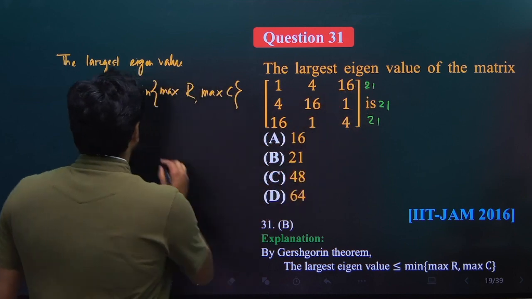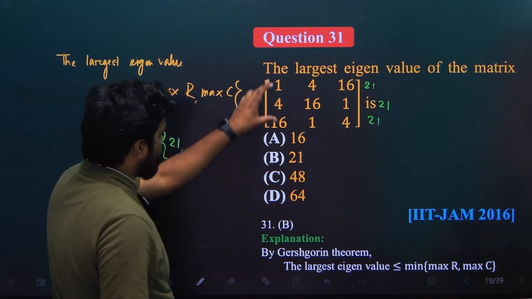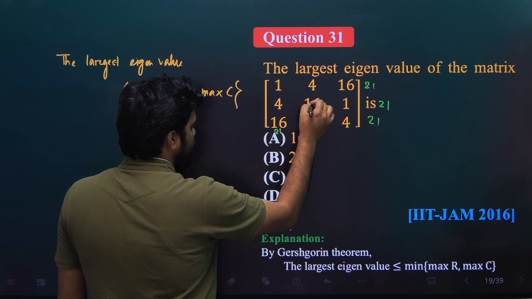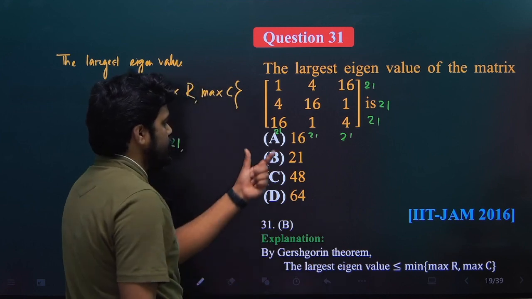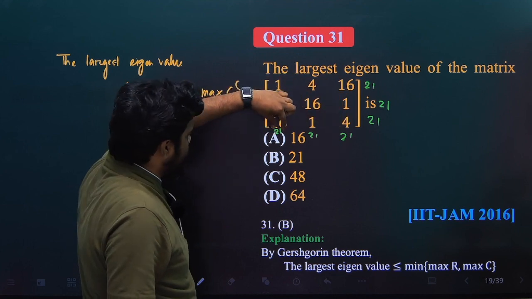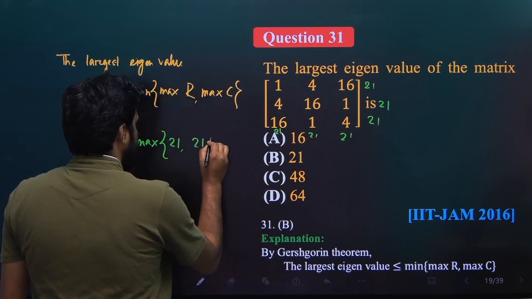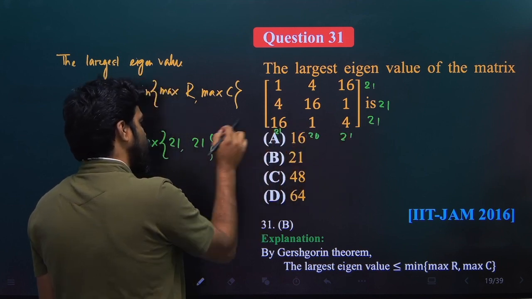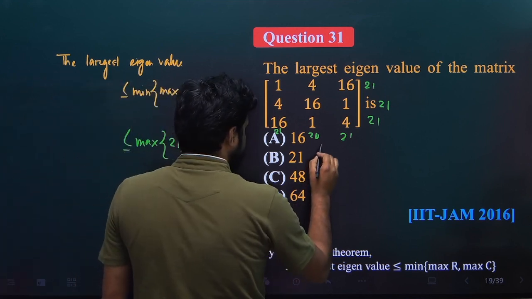ম্যাক্সিমাম কত 21, সো দিস উইল বি লেস দ্যান ইকুয়াল টু ম্যাক্সিমাম অফ 21 কমা, এবার কলাম করো 4 plus 1 is 5, 5 plus 16, that is 21, 4 plus 16, that is 20, 21, so this is 21, তাহলে এদের মধ্যে ম্যাক্সিমাম প্রত্যেকটা কলামের সাম করছি। ঠিক, দিস ইজ 21, দিস ইজ 21, দিস ইজ 20, দিস ম্যাক্সিমাম ইজ 21। যদি এরকম পেতাম, ধরো এটা 20 যদি হতো, তাহলে ম্যাক্সিমাম 20, 21 এবং ম্যাক্সিমাম দ্যাট ইজ 21, সো ইউ হ্যাভ টু রাইট 21। ওকে, ম্যাক্স নিতে হবে।